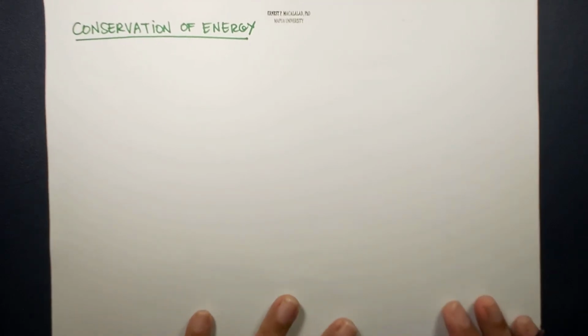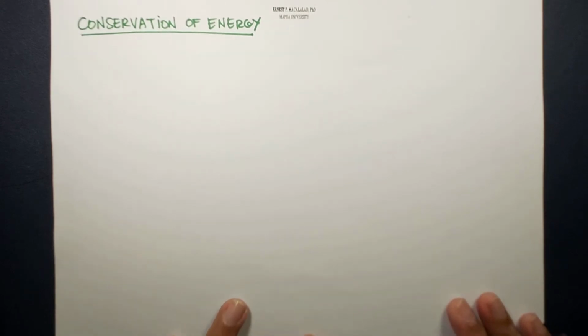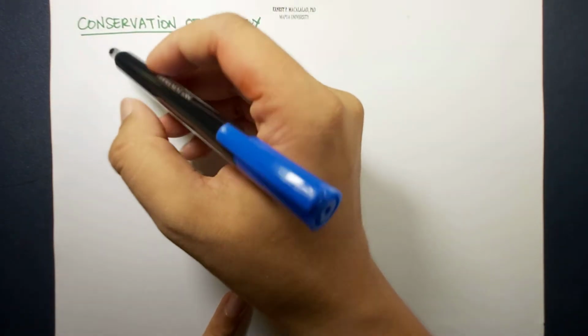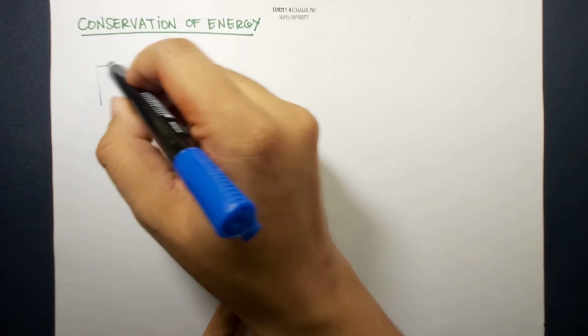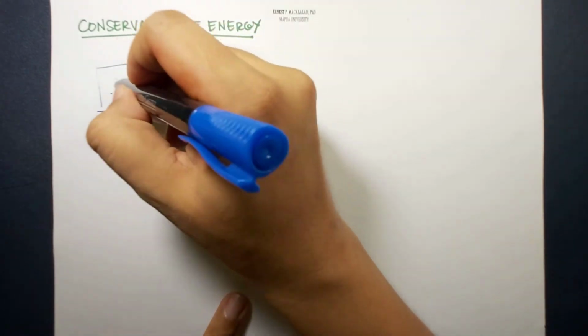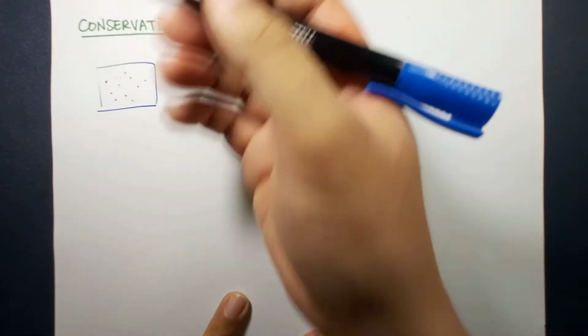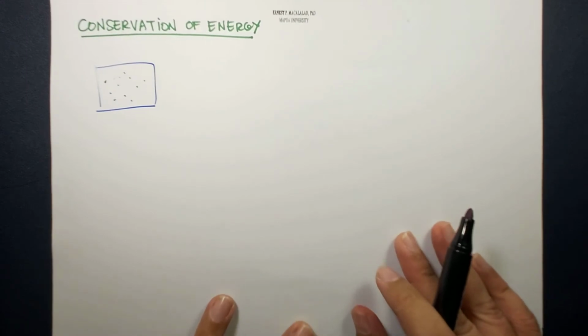Today we are going to talk about conservation of energy in Lagrangian dynamics. In our previous video, we talked about conservation of momentum through the Lagrangian of your object. Today we're going to look into another conservation law, conservation of energy. For example, if we have a closed system consisting of several particles, or maybe one particle, and this closed system